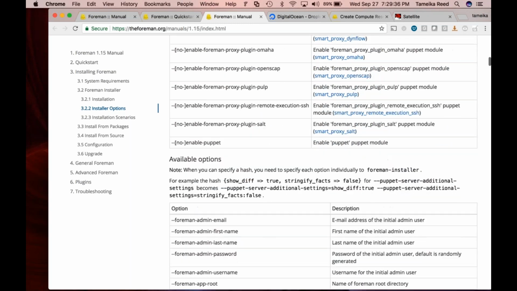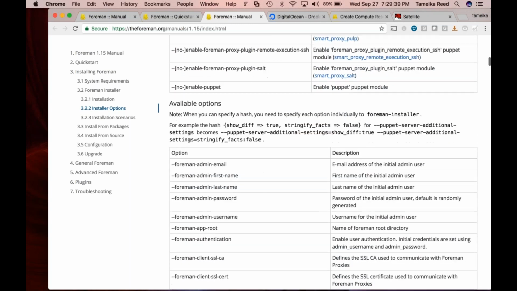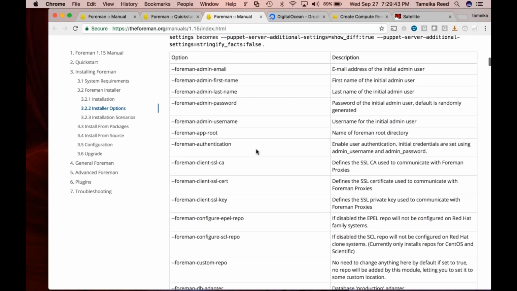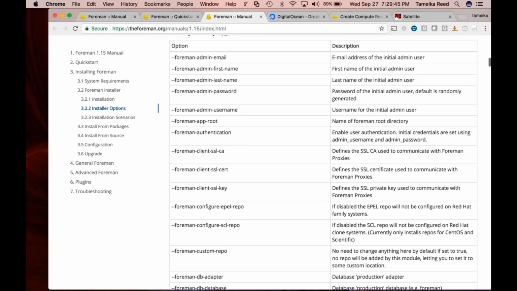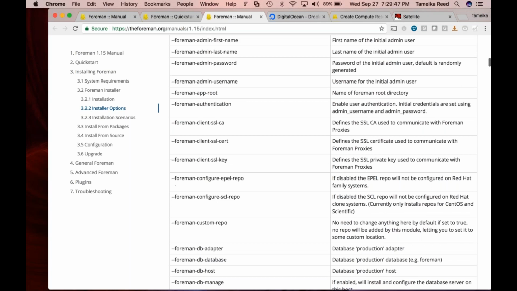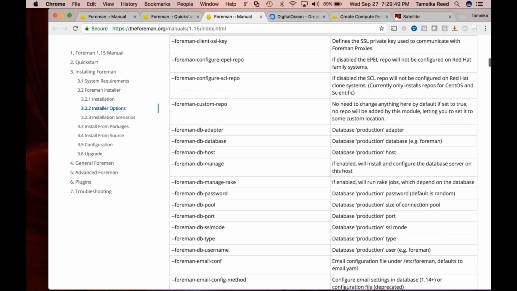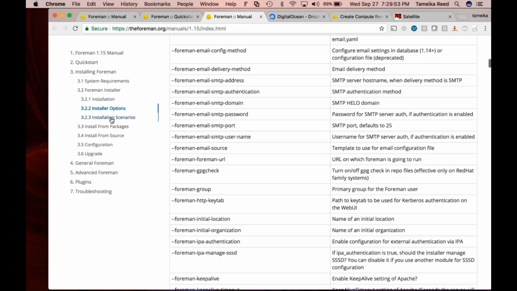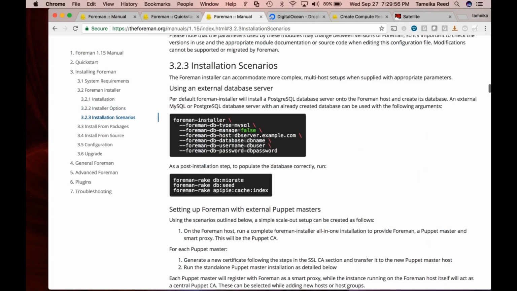So that would be the best thing I would do. Here you can also provide, if you have particular SSL certs that you want to have installed and so forth, you can do all of that too. All right, so here they give you a scenario, and this is what I was talking about with a Foreman